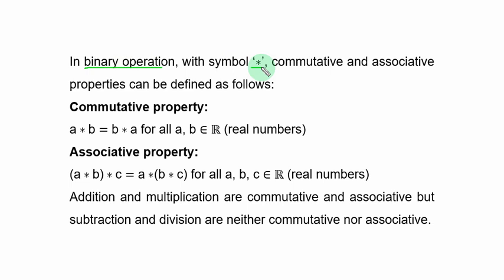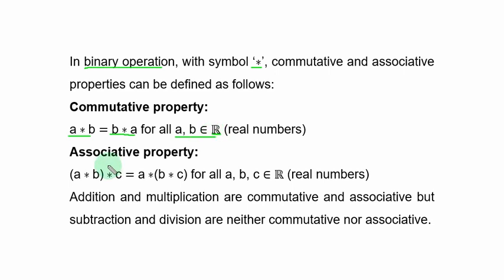Commutative property: if we have two elements, it follows that A asterisk B is equal to B asterisk A, for all A, B members of the real numbers set. This symbol denotes the set of real numbers. The second property is